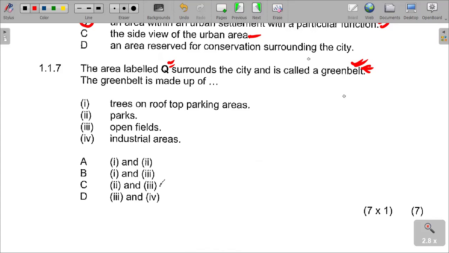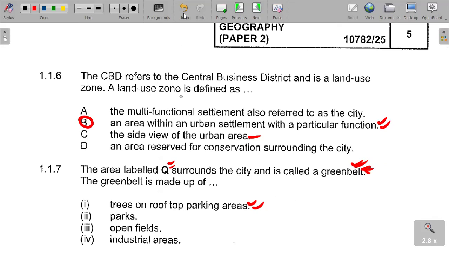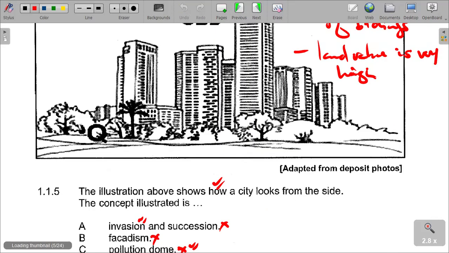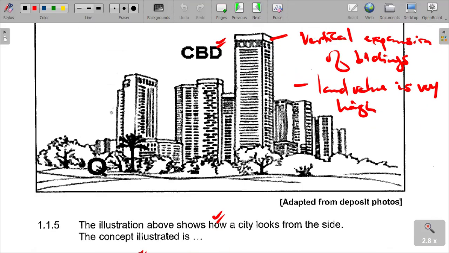So a green belt is made up of trees on rooftop parking areas. We are saying area marked Q. If you look at the question paper, the area marked Q,